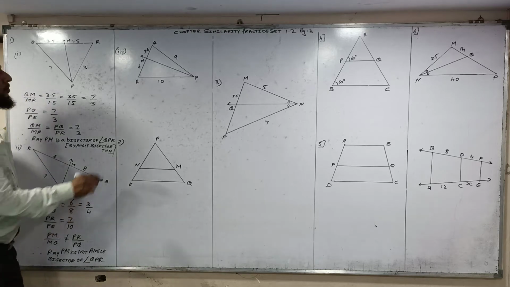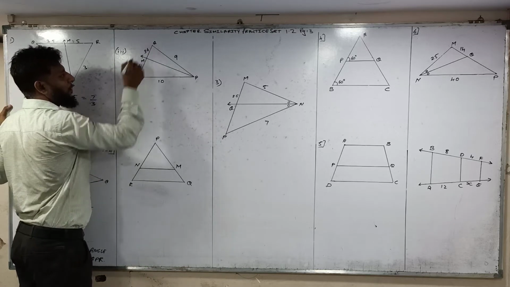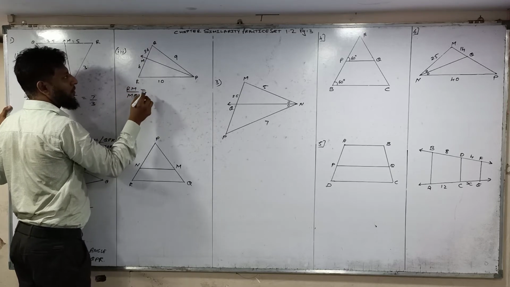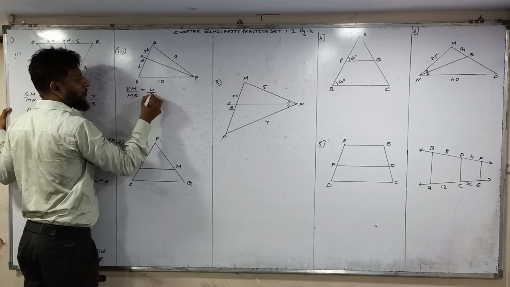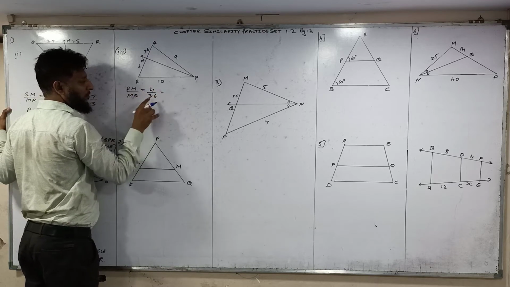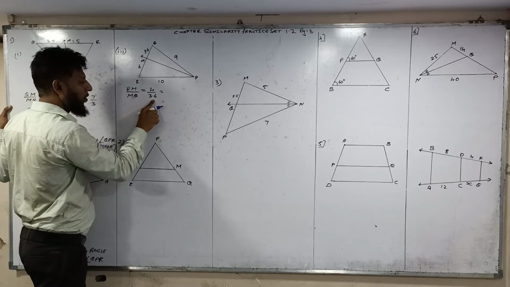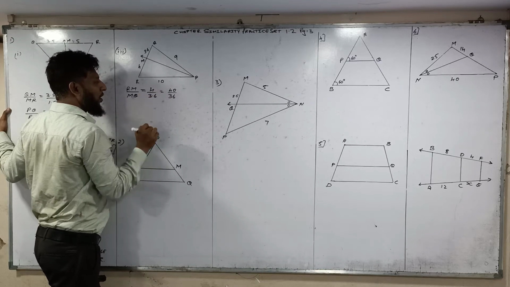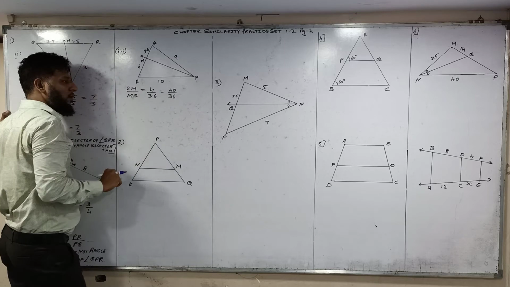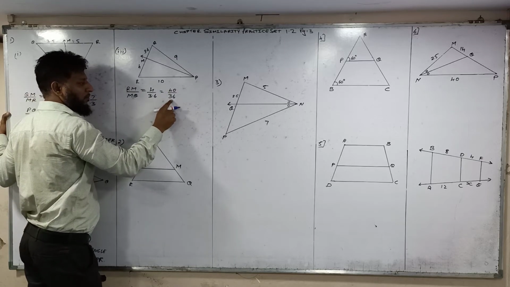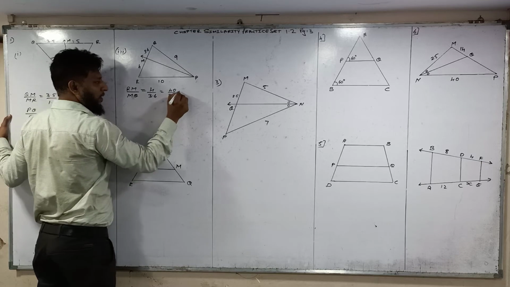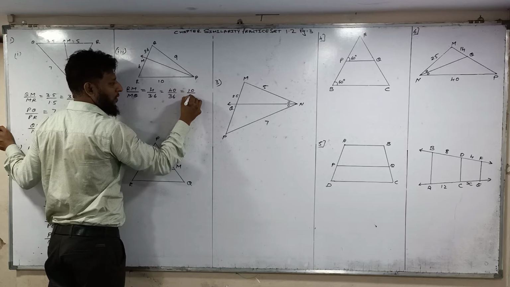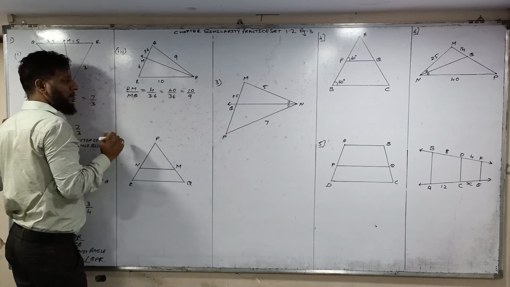Okay, now come to this sum. RM upon MQ is equal to RM 4 and MQ 3.6. Now the decimal is only in the lower number, so when we remove this decimal, we'll put a 0 with 4 and make it 40. Now cancel: 4 tens are 40 and 4 nines are 36. So the proportion is 10 upon 9.